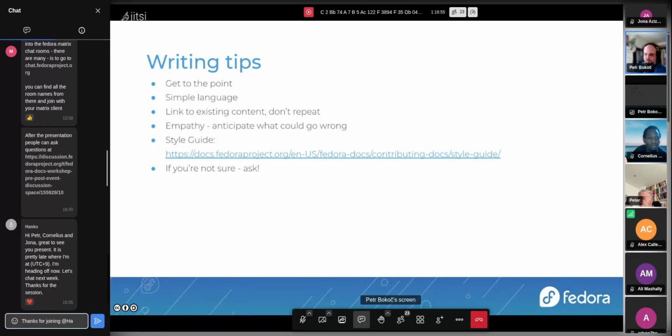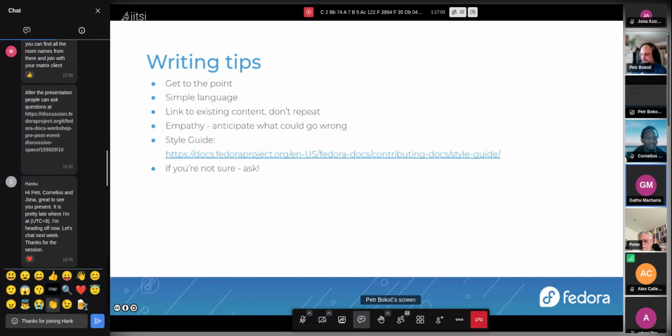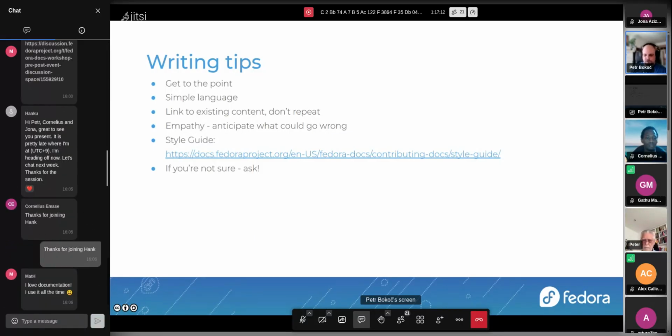Ideally, people want their software to just work and read their minds and do exactly what they want. And failing that, because software doesn't actually do that, if they have a problem, they want to find something that tells them exactly what to do. They don't want to read anything else, just a bunch of commands that they should run and it fixes all of their problems. So get to the point,